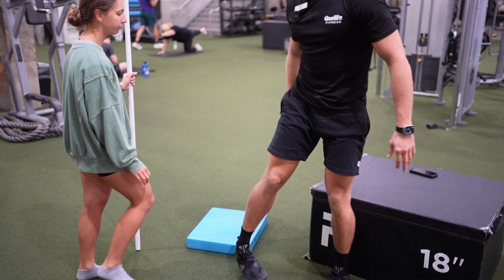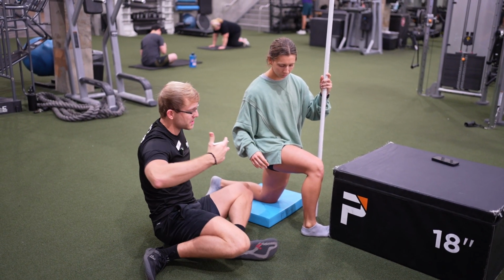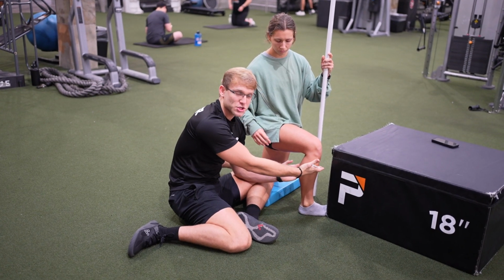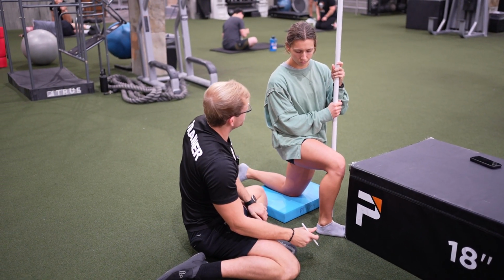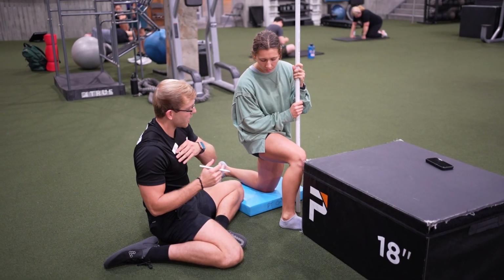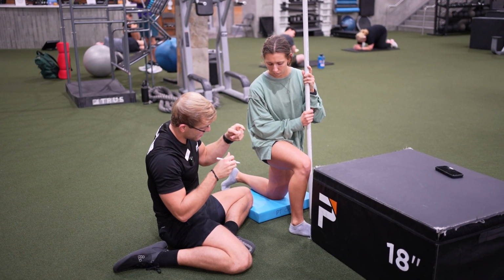Internal rotation? Yeah, because we just did external. So again, what we're doing here is just a positional isometric for internal rotation now of her tibia rather than external. Do you have any open side stretching or not really? No. So what we're gonna do is, because the open side stretching is hard to initiate, go ahead and begin